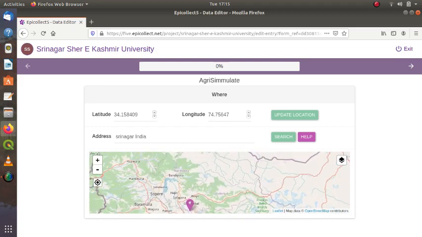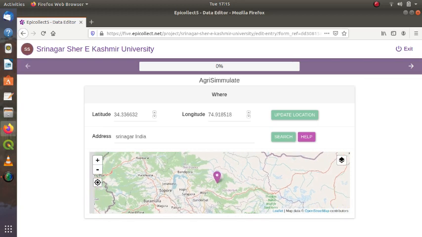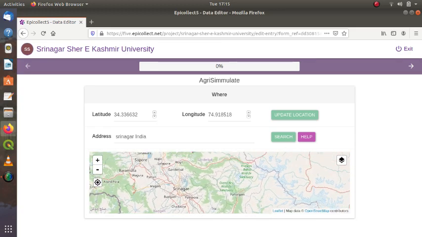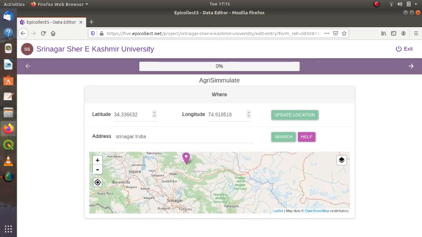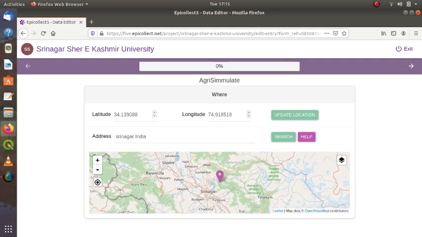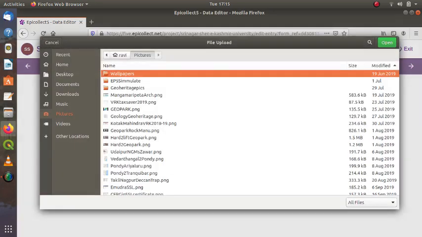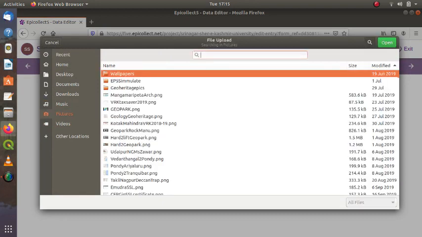Yes, and the Dal Lake is there, and I just move it to Sapur. Oh, this has gone to Baramulla, but your university is somewhere here. Sure, you can further locate it because you know it better. At the moment, I'll say update location and go to the next, and go for my 10 MB, and go to pictures, and then go to